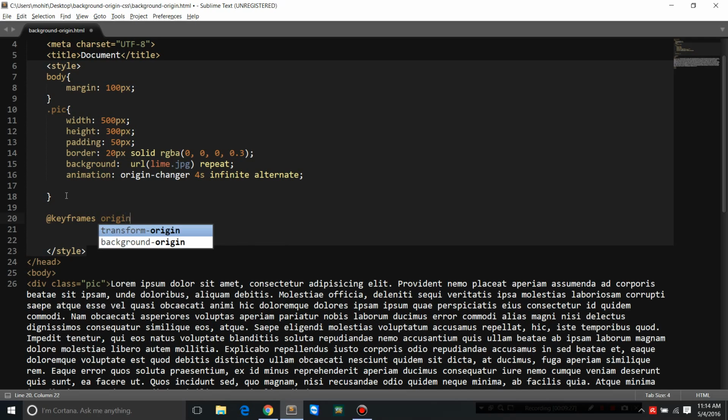Origin changer. Guys, I'm not using vendor prefixes because most modern contemporary browsers are now capable of handling the animation property, and only for older browsers you may require something like dash webkit dash, or dash ms dash, etc. Origin changer,